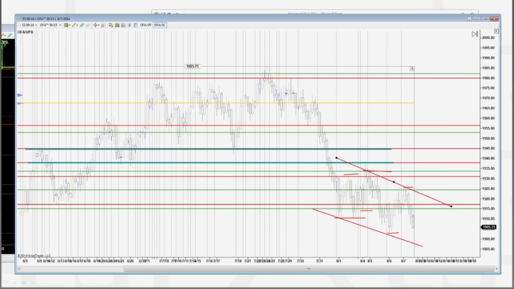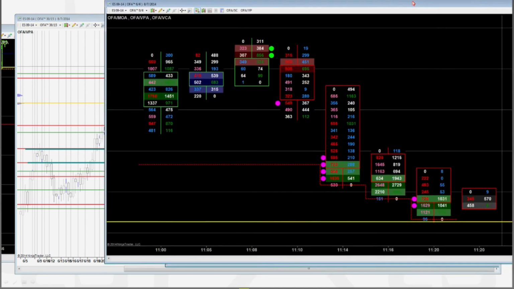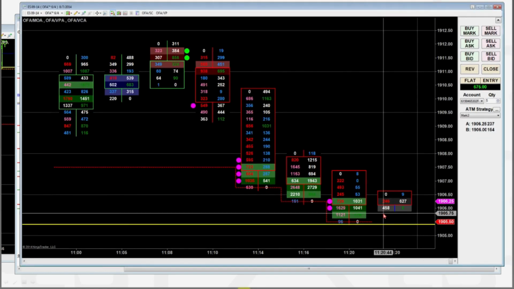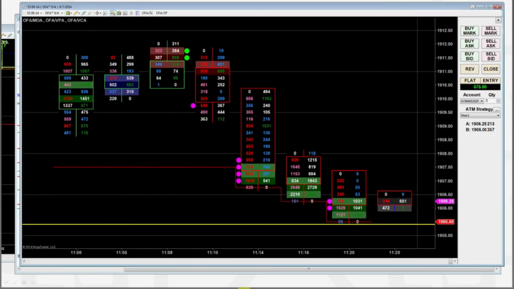We are at long-term unfair lows. We are at long-term unfair lows, 1906, which is very close to yesterday's close, which is where I would expect to see some level of bounce. And we can watch this. If this bounces just a little bit and price hammers right back down into it,